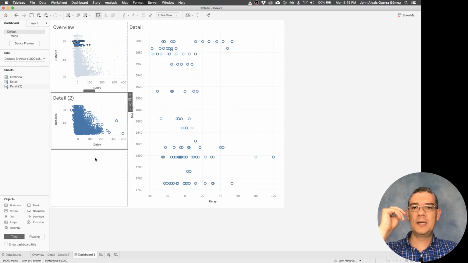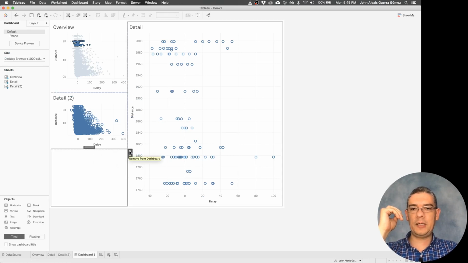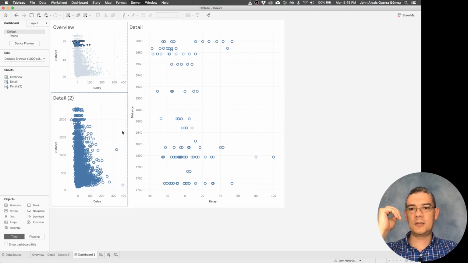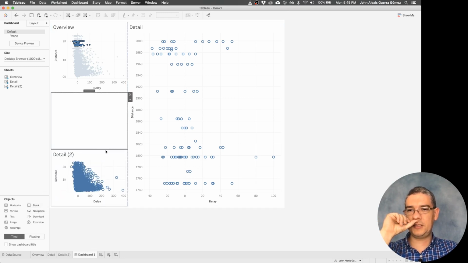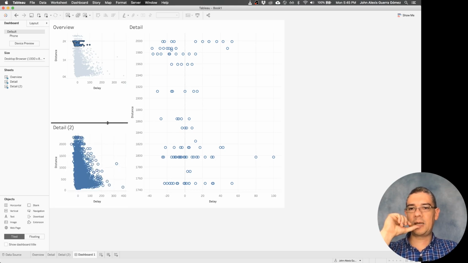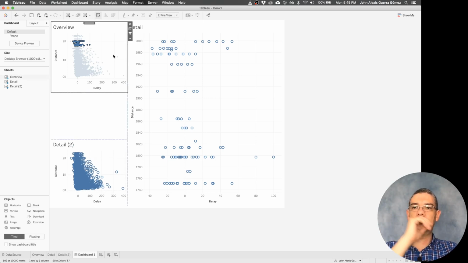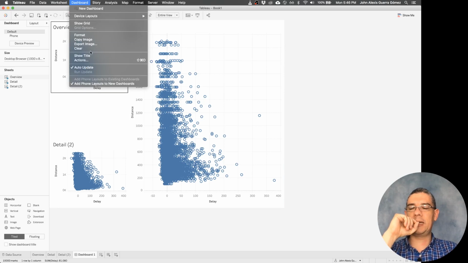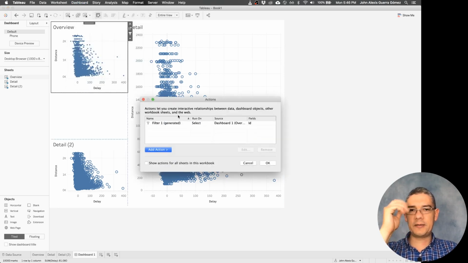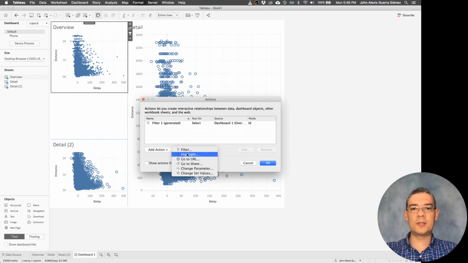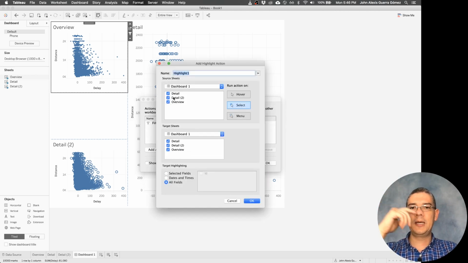That's what I wanted. Let's say that we remove this one, so it's kind of ugly, so let's add at least some division in there, so they have mostly the same aspect ratio, which is important for scatter plots. And then what I want is that when I do this interaction in here, I'm going to create another one from scratch. So I'm going to do a highlight interaction, not a filter. And then I'm going to say that